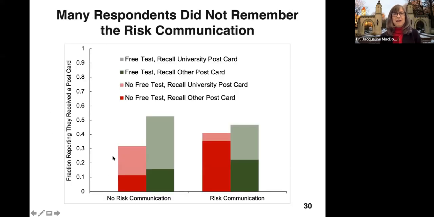One problem we found is that a lot of people really didn't remember receiving our postcards. So we controlled for that in our statistical analysis, but this chart shows among the 4 different groups, what percentage remembered that they received a postcard at all. So this first group here in red basically didn't get anything from us. This group in green got a free test offer. This second group in red got the risk communication, and this group in green got the risk communication and free